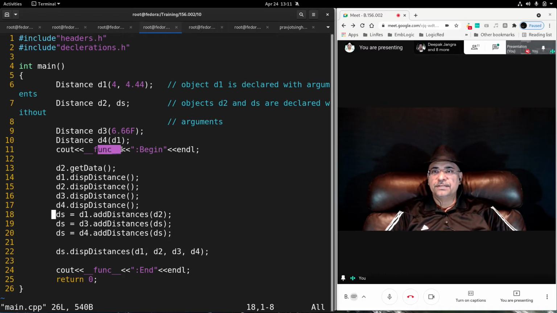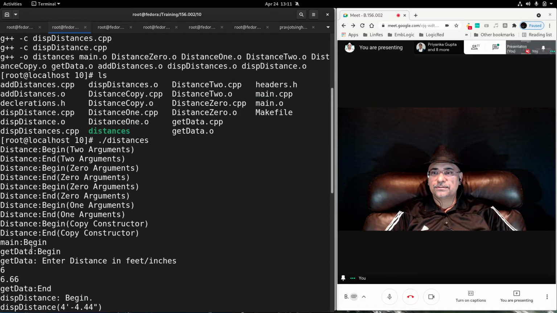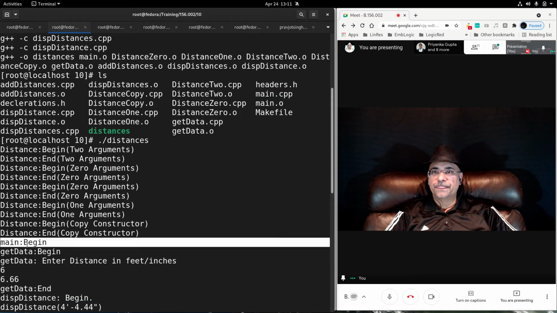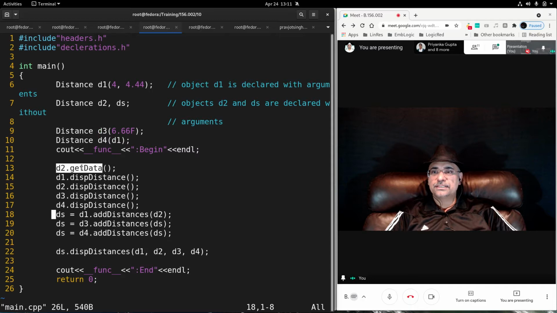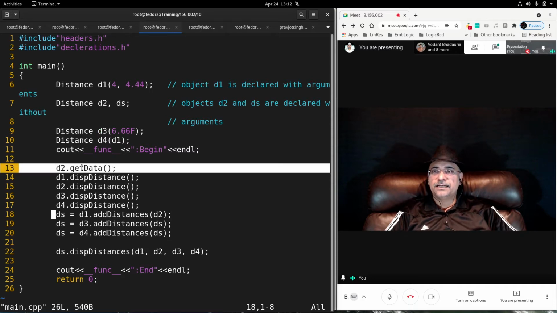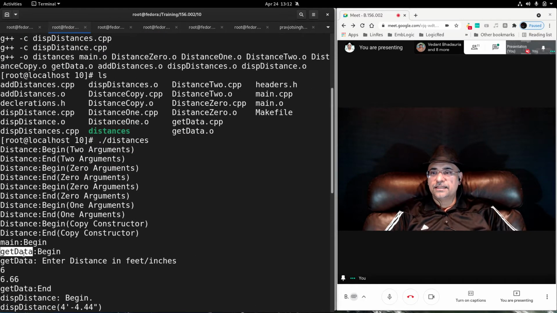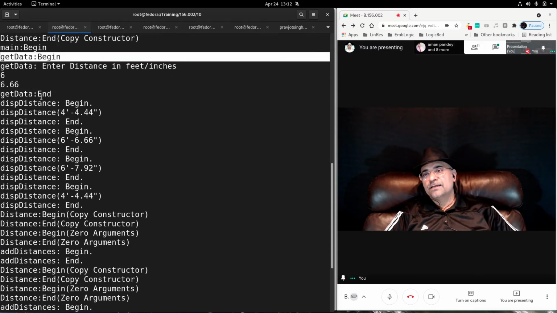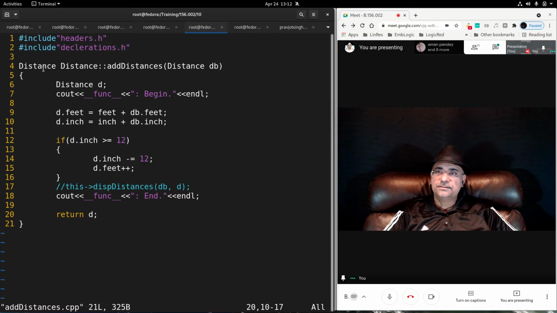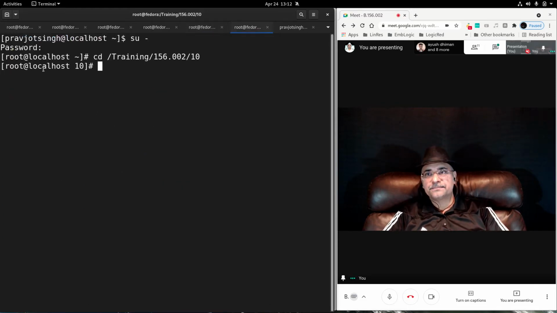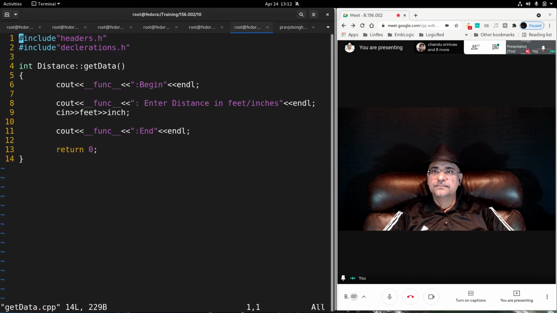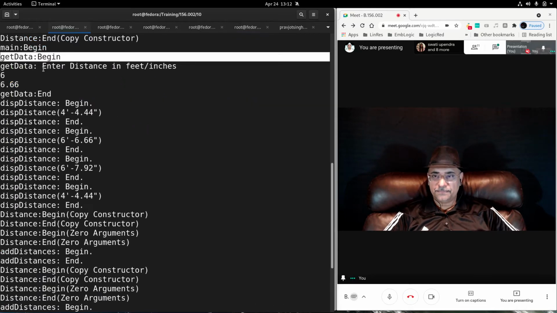After that, the function prints main begin. Then main calls get data, and get data begin happens. In get data you say function begin, enter distance, you take the distance, then you end.